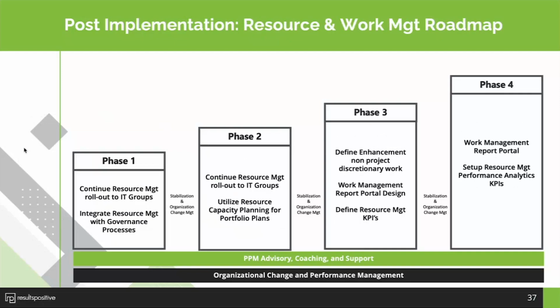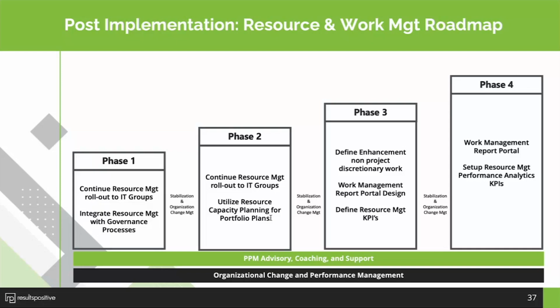And then resource and work management. We do see a collision a lot of times around resource and work management. So this is after you might have originally implemented some portions of resource management. So this is kind of an example from previous customers. Somebody is continuing to roll it out to other parts of the organization, integrate your governance processes, utilize capacity planning